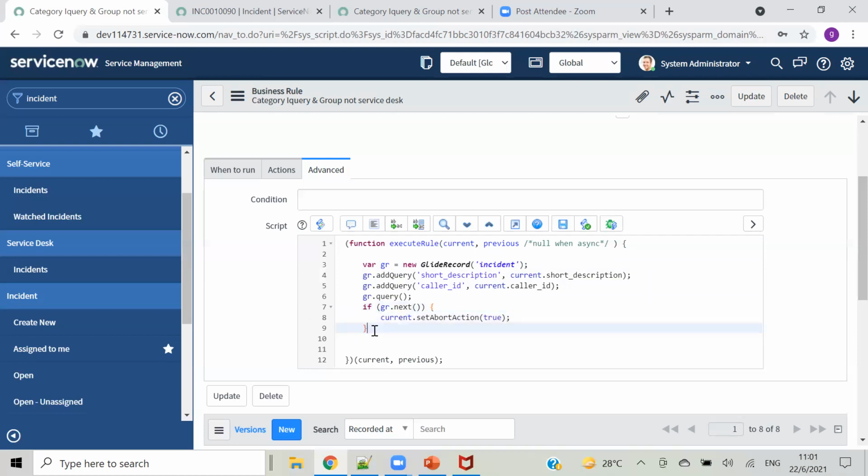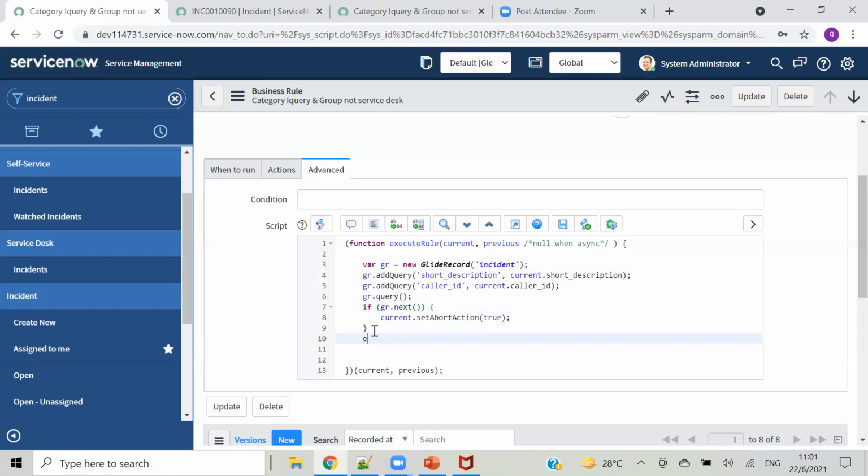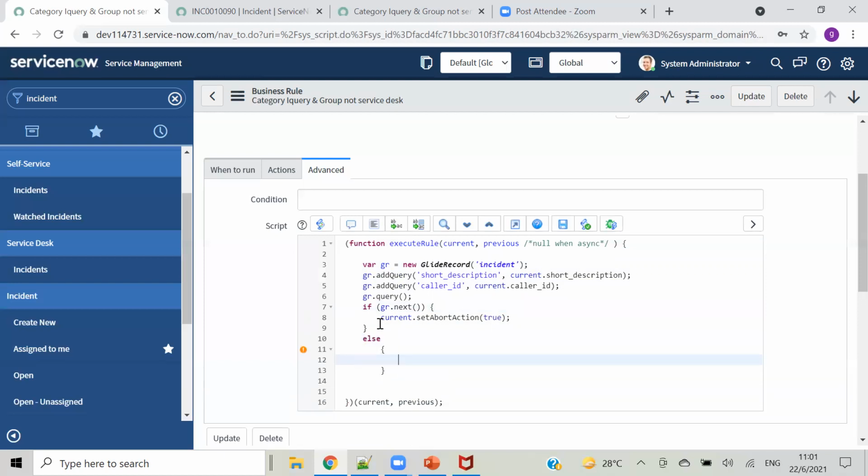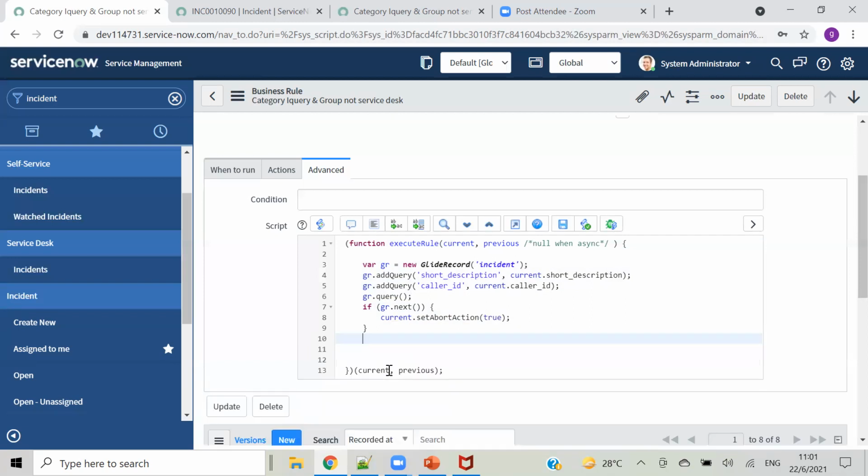You can even write else, but most of the time we don't write else. So if we have at least one record matching this condition, it will come inside this, else it will go to the next condition, which is not needed.